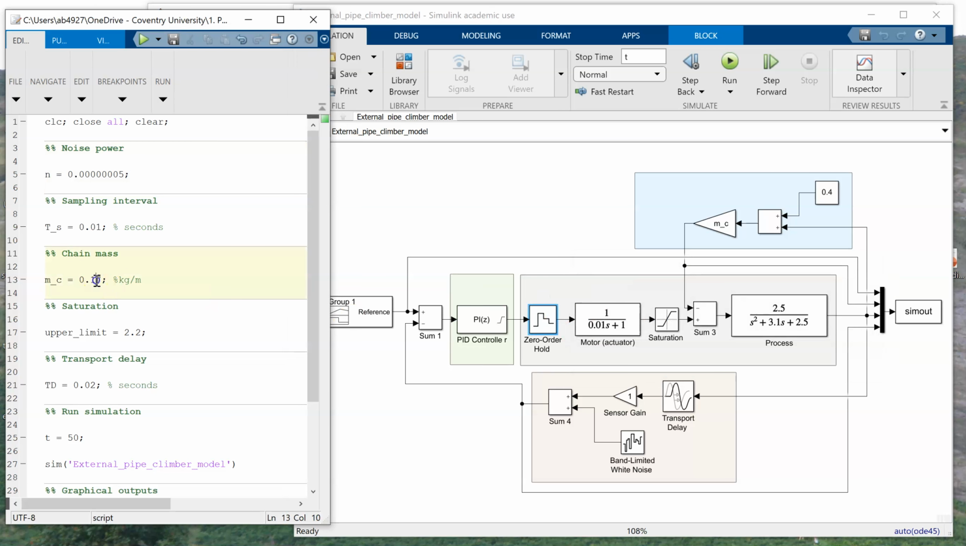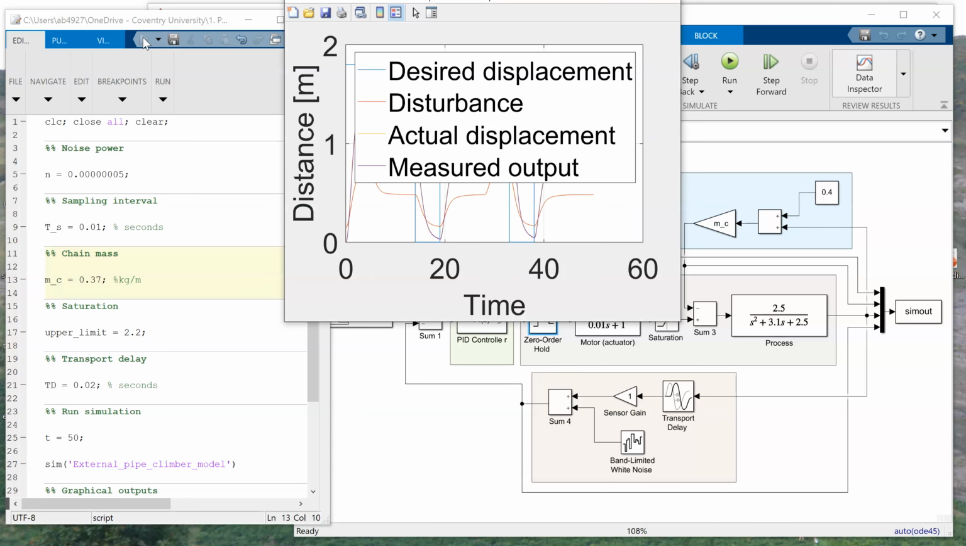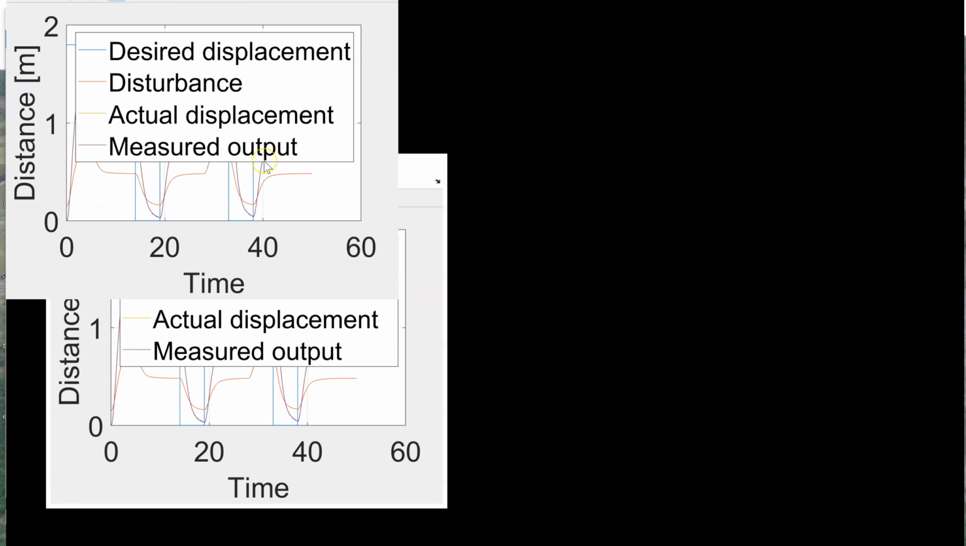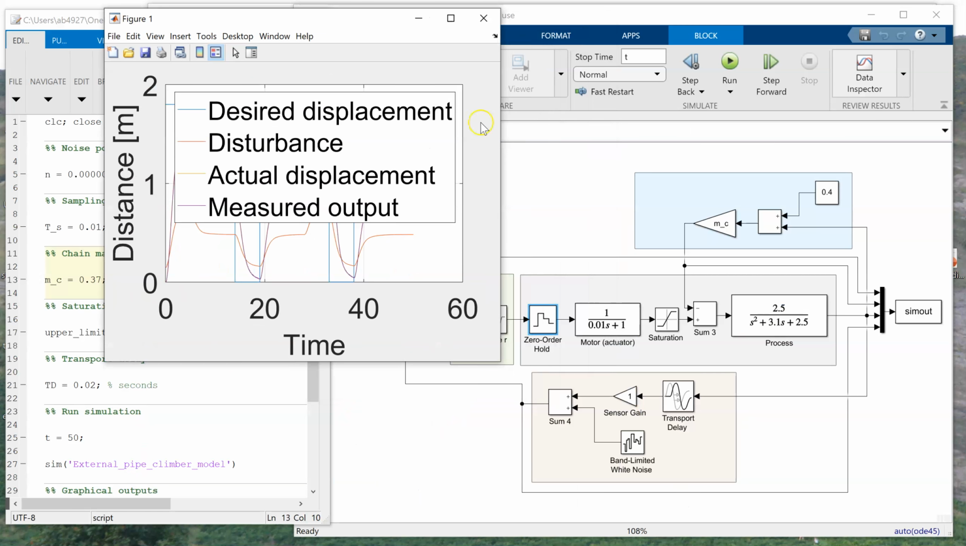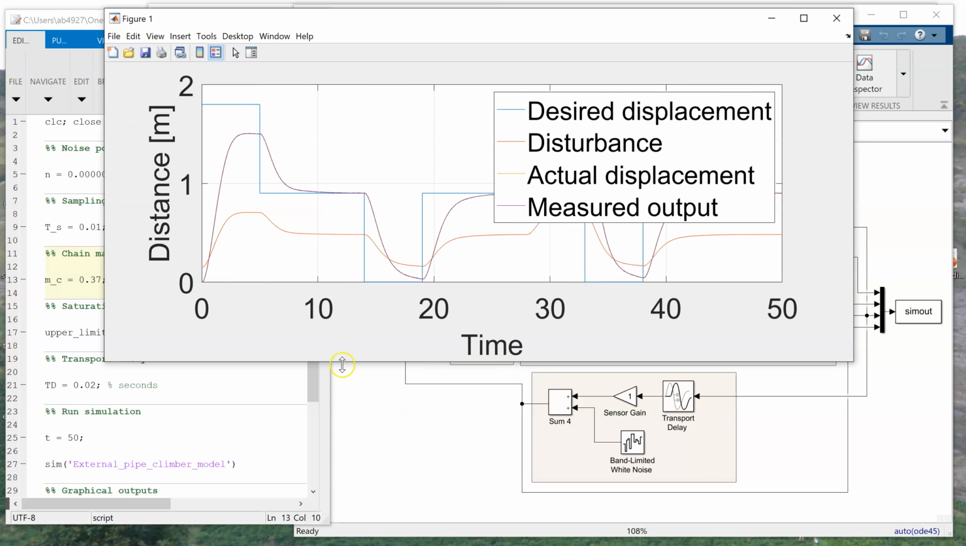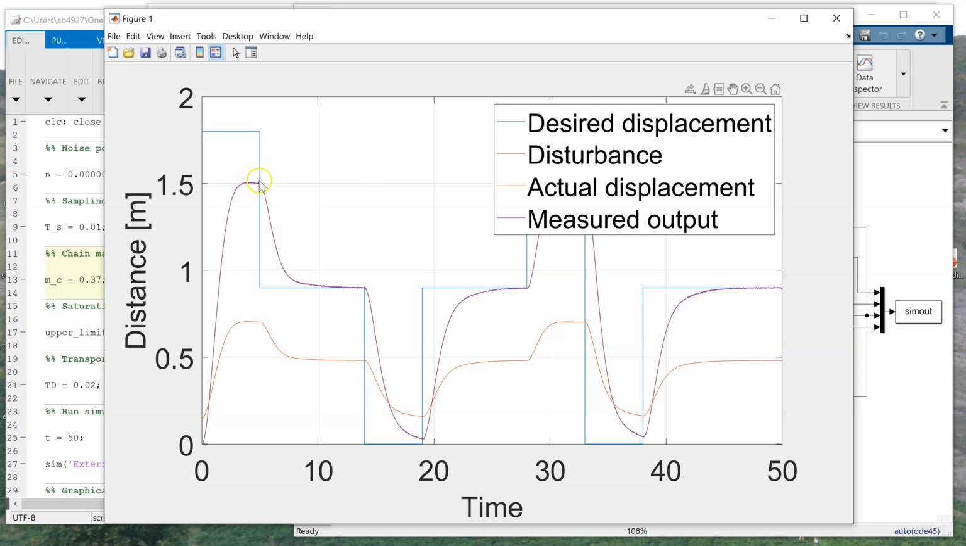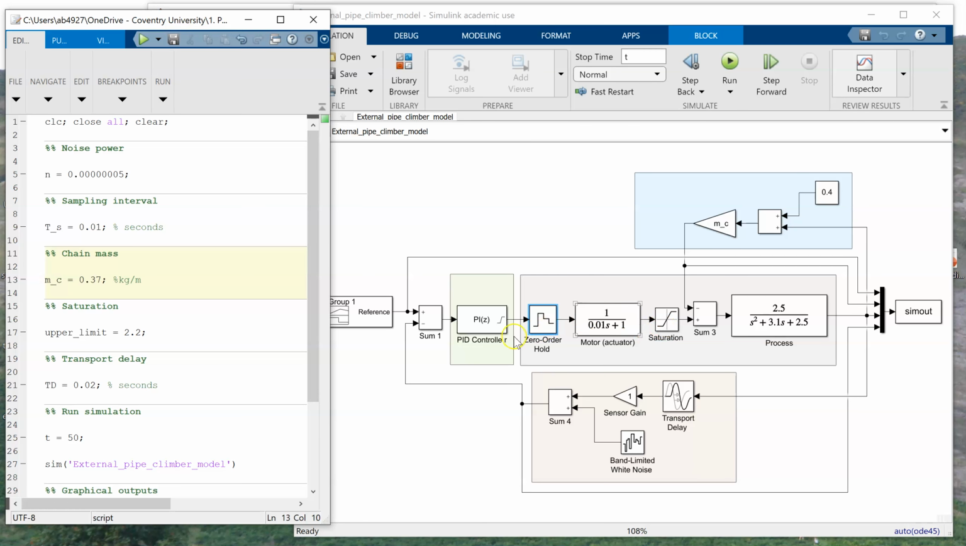In terms of the chain mass, if we were to increase the chain mass, so let's increase it significantly and then rerun the simulation, you'll see that the climber now has this disturbance introduced. So maybe you need to go about retuning your PI controller, or maybe a PID controller. You can see in terms of that now, the control's not working that effectively given that disturbance. It might be due to maybe the saturation and the